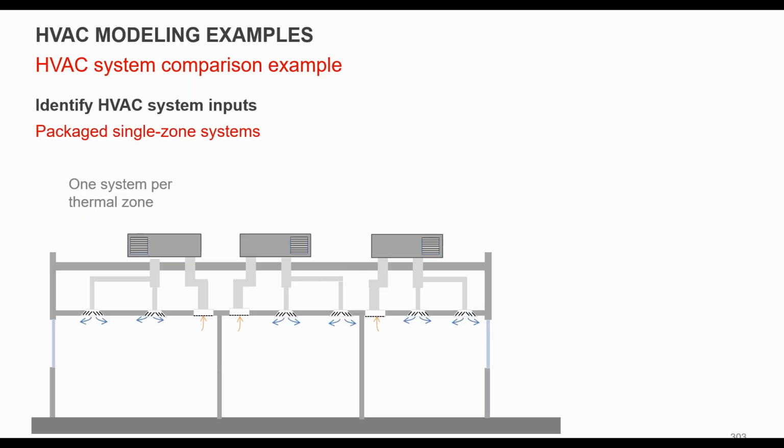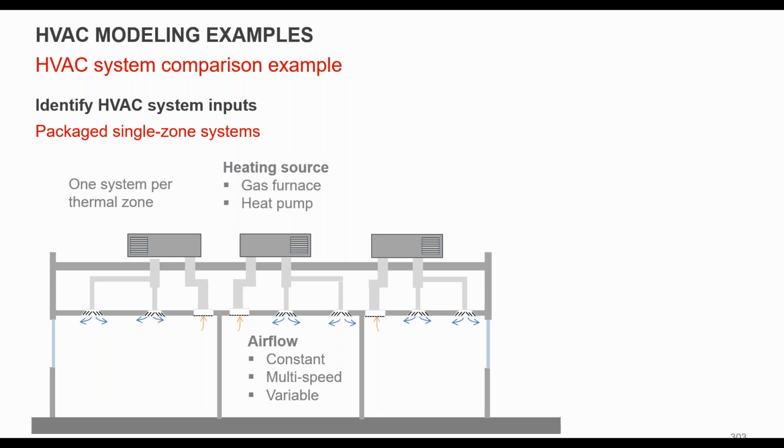So in this case, for a packaged single zone system, you're going to have 1 system per zone. You're going to have 1 thermostat. You will have separate heating and cooling schedules, separate fan schedules. This is sort of, I would say, the least efficient of our options. You have constant airflow generally, but there might be characteristics where you have multi-speed or variable control. Again, that'll make a very big difference on how much energy the systems will consume.